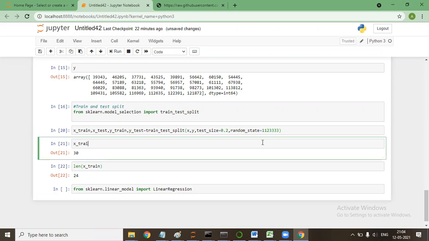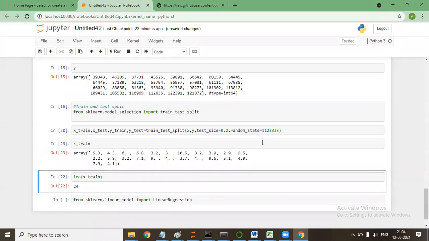Sir, why are we shuffling the data? We are shuffling the data to make it more random. Say we have data in a systematic order, like the age, so that the system gets an optimal amount of learning from the shuffled data.